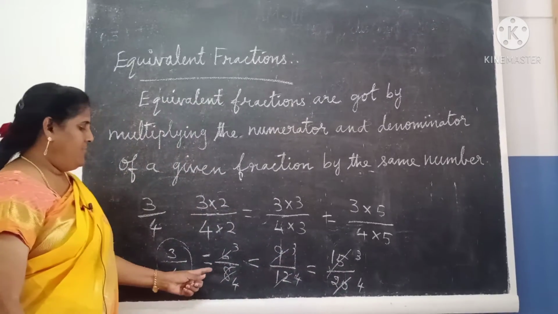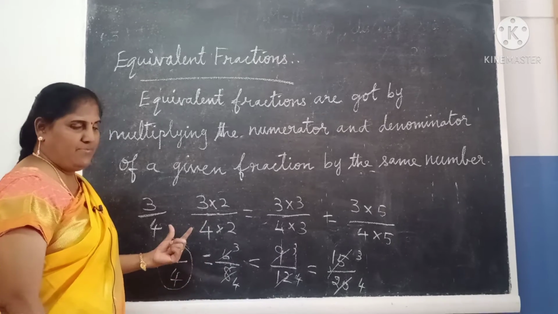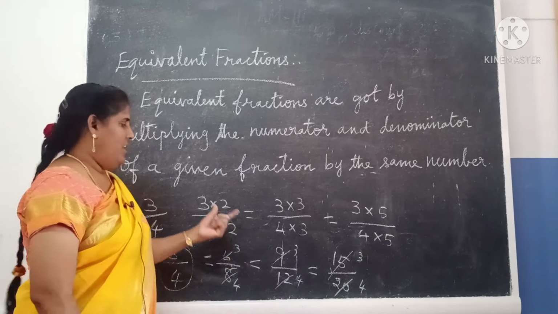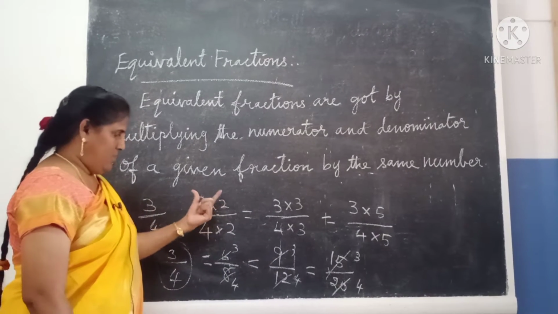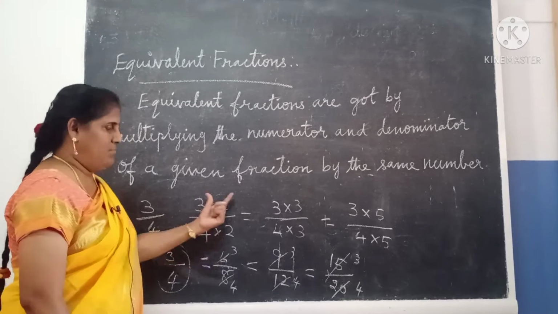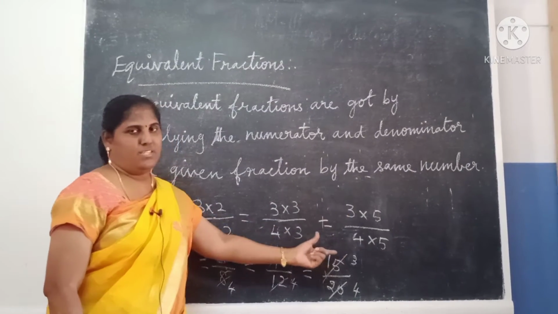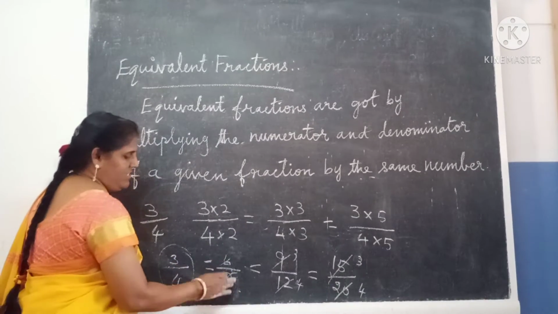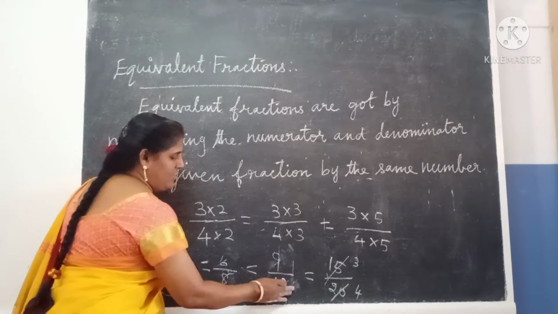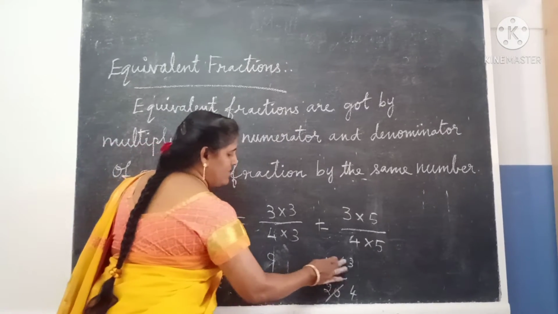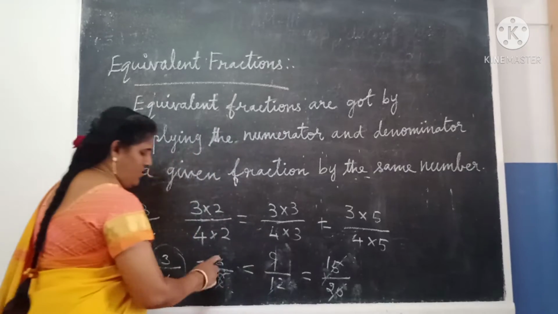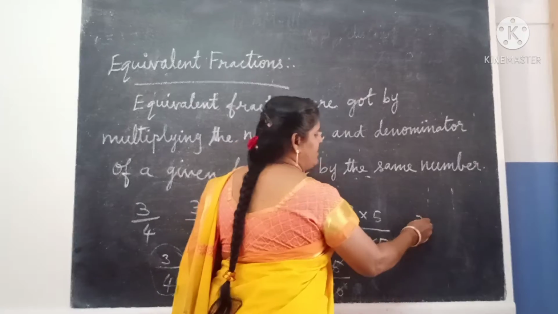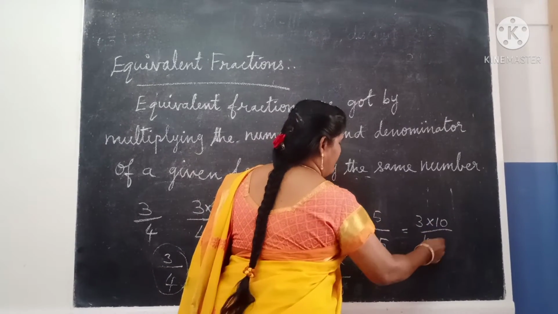Okay, so if you want to convert any fraction into an equal fraction, you have to select any table number and multiply the numerator and the denominator by the same number. Up and down, if you multiply, you will get the equivalent fraction. So what was the answer here? If you do not simplify, the answers are 6 by 8, 9 by 12 and 15 by 20. If I select the 10 table, 3 tens are, 4 tens are.